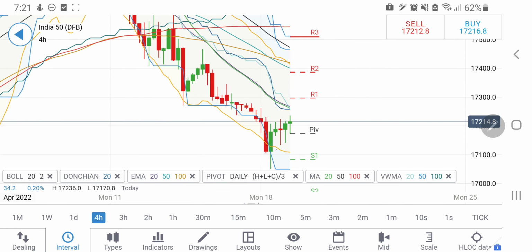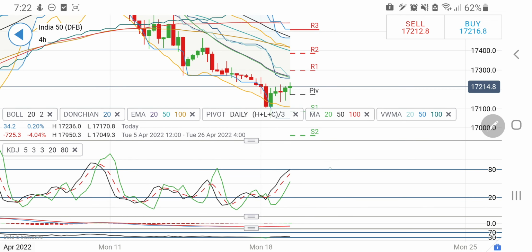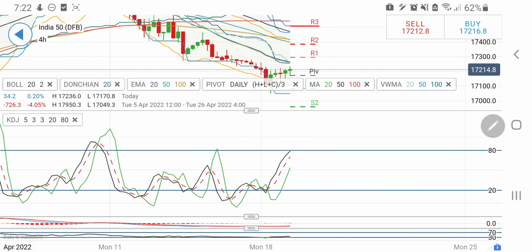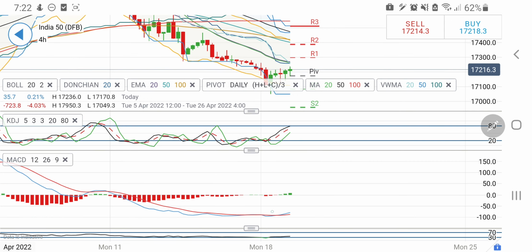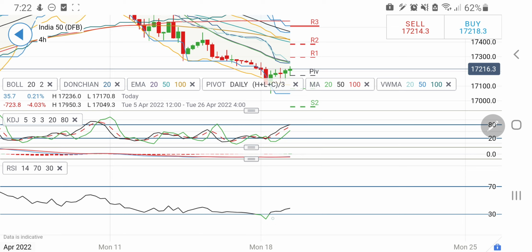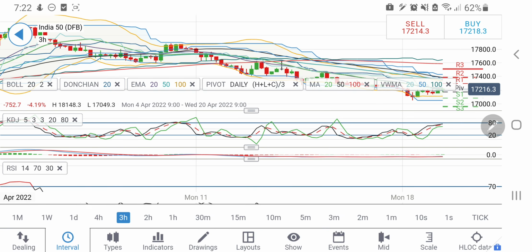Now look at the 4-hour charts. Strong tails are left behind, and on the upside, yes, this level at 17,270 and then 17,300 may give a little resistance, and then it will try to fly beyond these levels. It is also possible that it may try to fall from these levels, but yes, a no trade zone for Nifty is largely visible between 17,100 to 17,300. However, I'll give you the entries in between these levels also. 4-hour stochastic entering into overbought zone. MACD has just crossed over, and RSI was oversold, now entering into buy zone here.